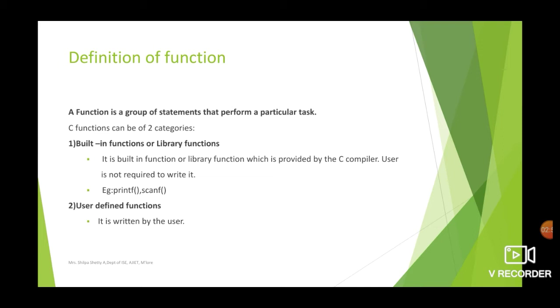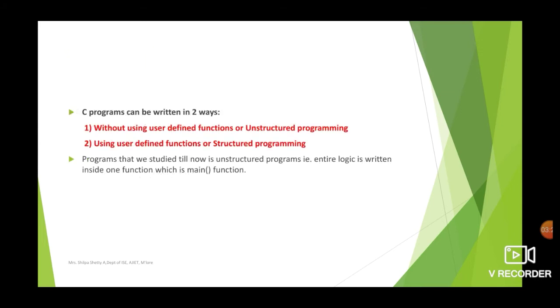The second category of function is the user-defined function. A user-defined function is a function that is written by the user. We can also write a function and define it. For example, if we have to perform a particular task, we can express that task in the form of programming statements, and that will be nothing but a function. Such functions written by the user are called user-defined functions. In this module, basically we will be discussing user-defined functions, that is, how we can write a function.